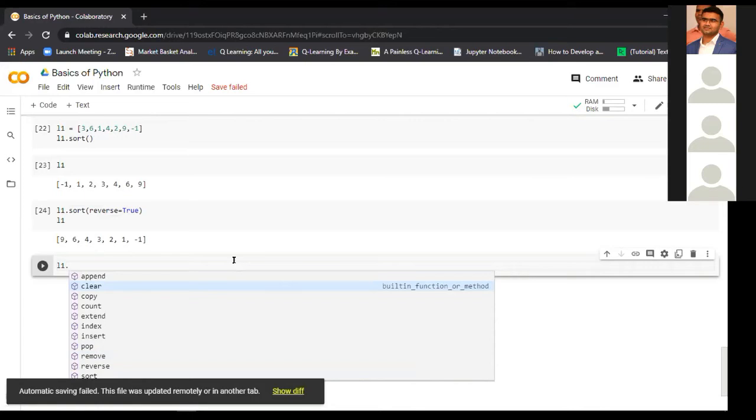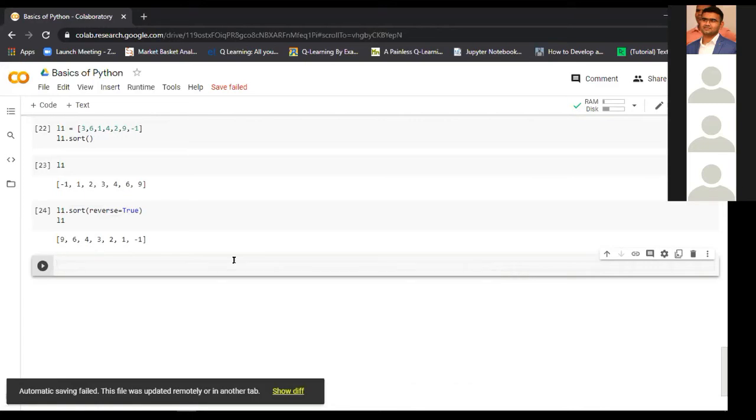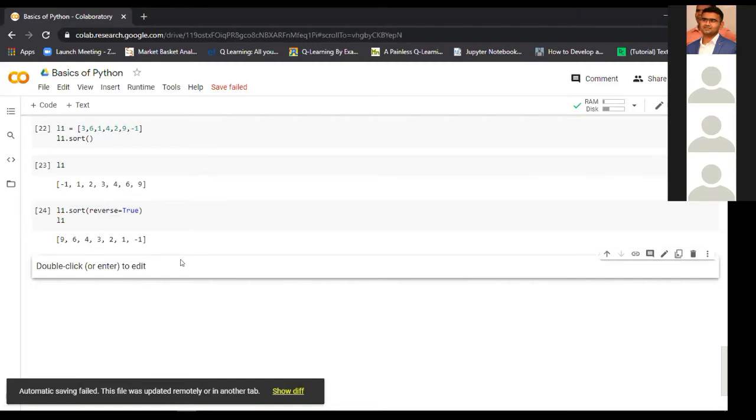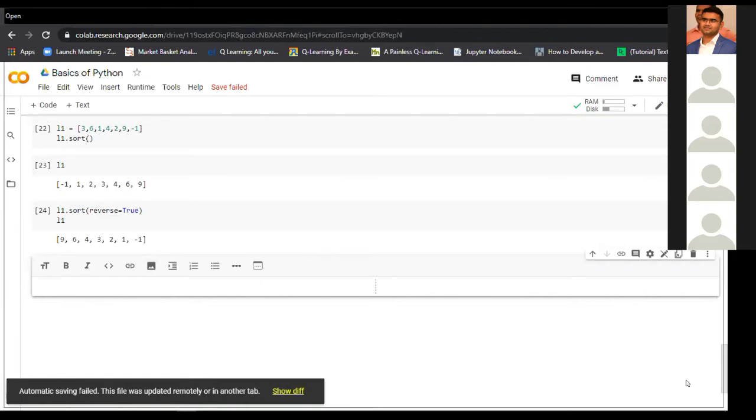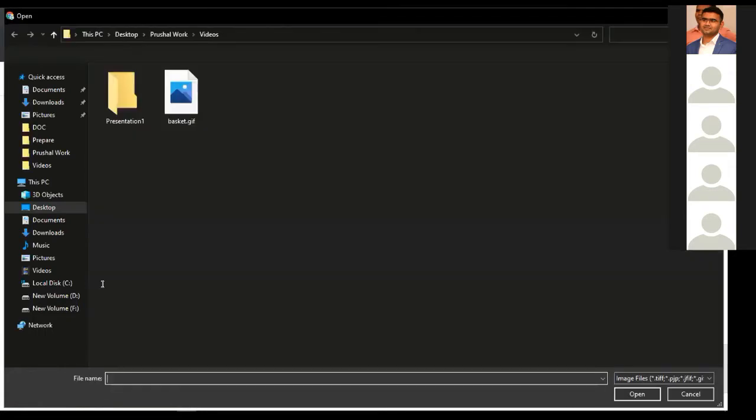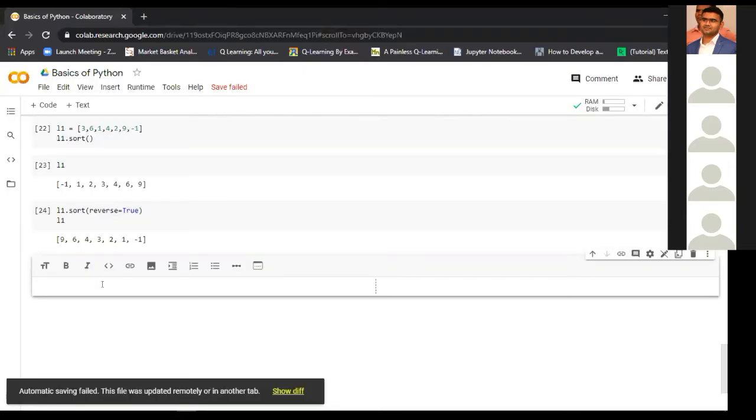So now let's see about the set, sorry, tuple. First we'll see tuple, then we'll see set. So what is tuple? It is just like the list itself, but there is one difference, that tuples are immutable. Sorry, I kept saying set again and again, but it's tuple. So we are going to see tuple.